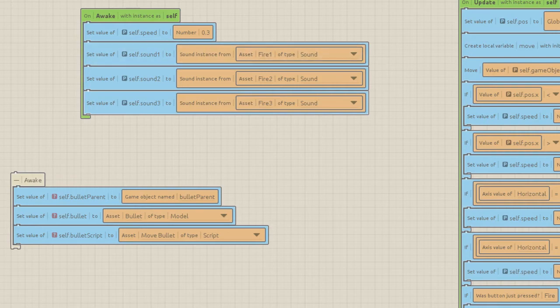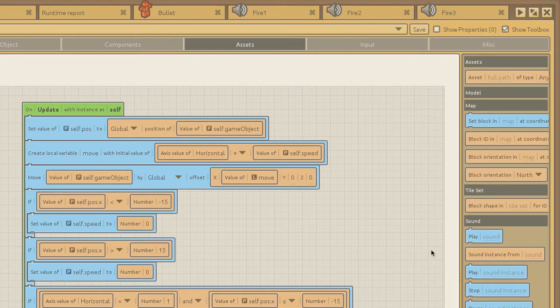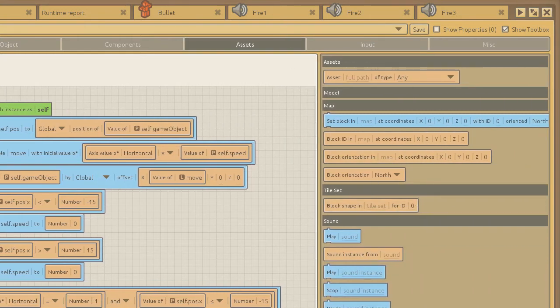Now the sound instance comes from, I believe, assets, so it's down here, and it's sound instance from sound there, and the assets come from up here, so you have to put the full path. Now what it means by full path, and I have said this before, but I'll say it again, is if